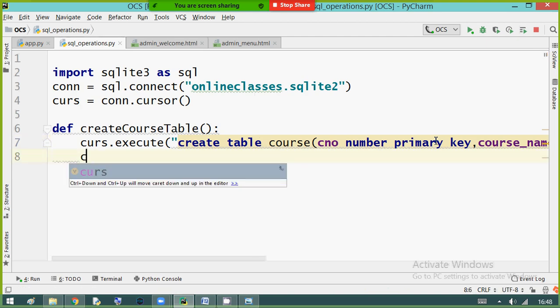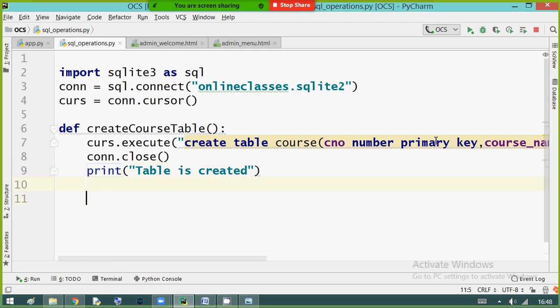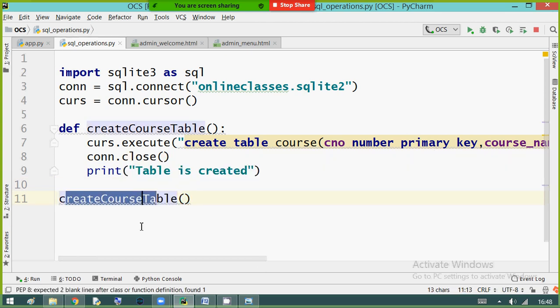Once the query is executed, I am closing the connection and printing a statement saying table is created. Observe, I am calling the function create course table.